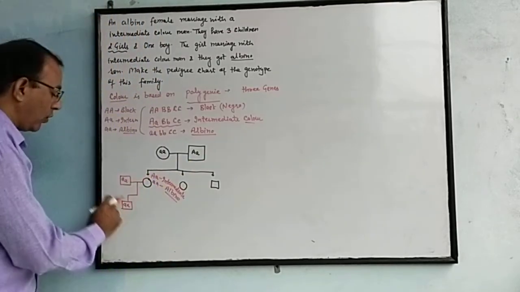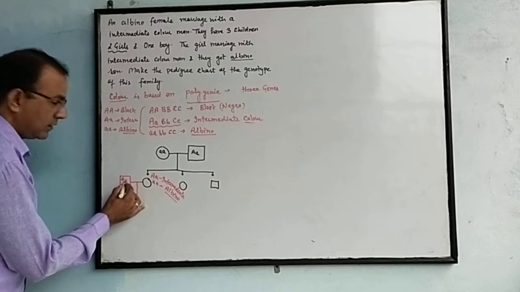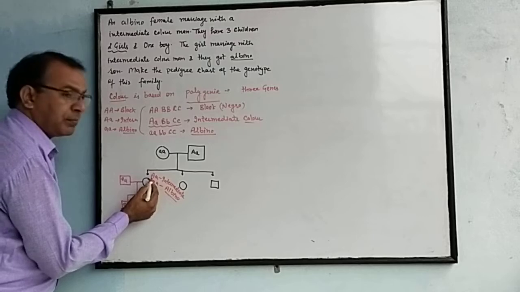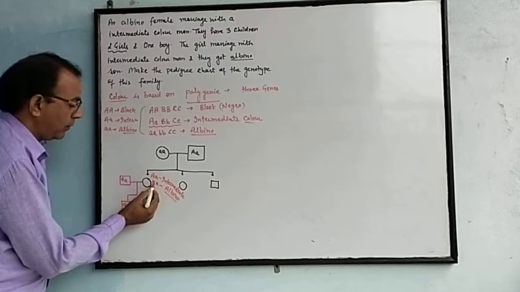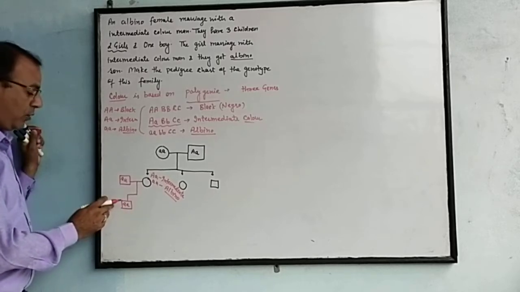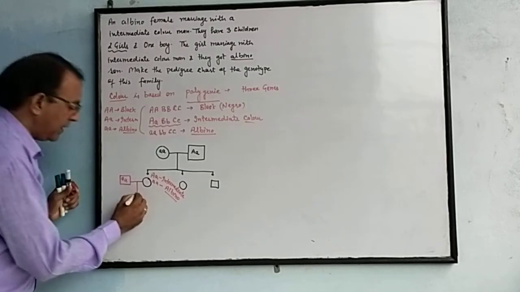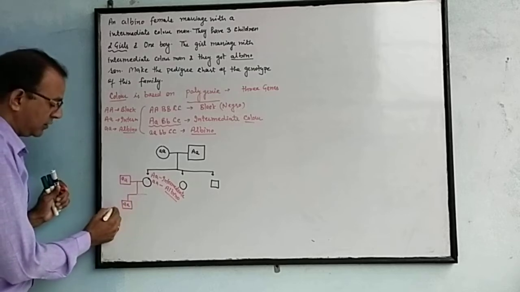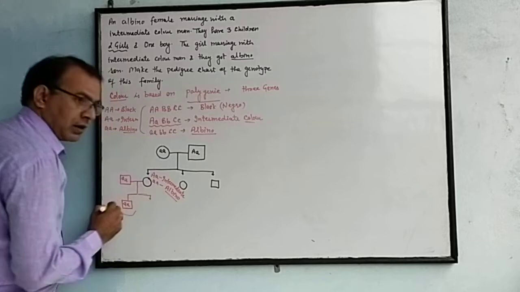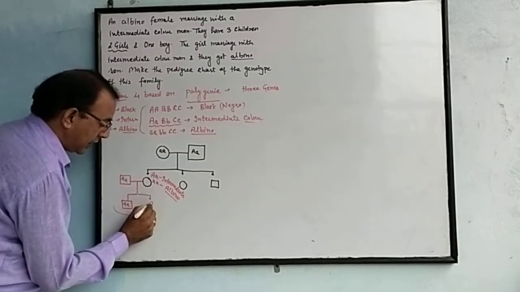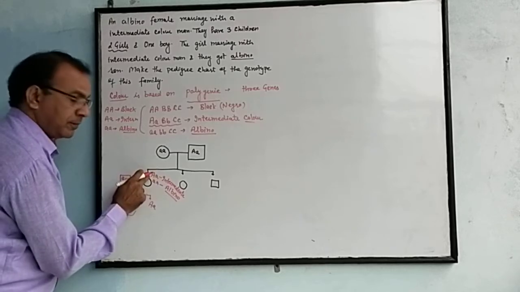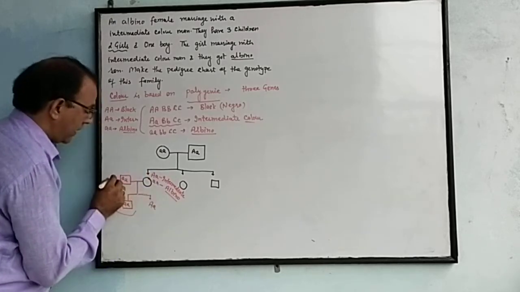son. How did they get an albino son? It means one small a from the father, and the mother may be intermediate or albino, with one from the mother. So there is a possibility that the boy may be albino. Maybe in the next generation, only the statement is solved here. Maybe the next generation will be intermediate, one from father and one from mother. Mother say small a, father say capital A.